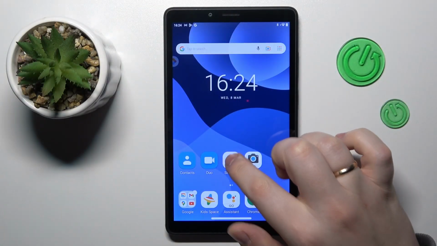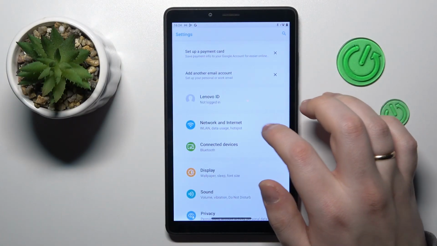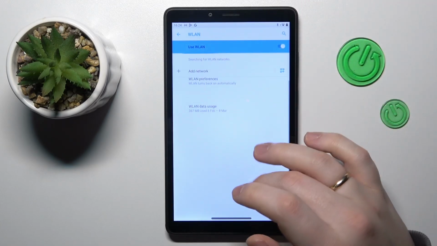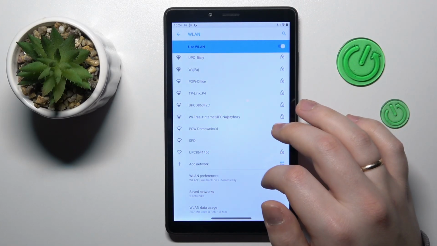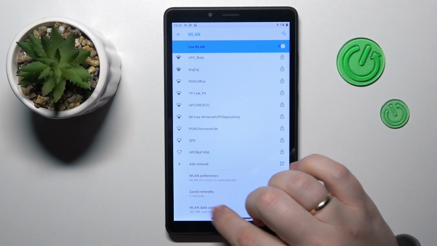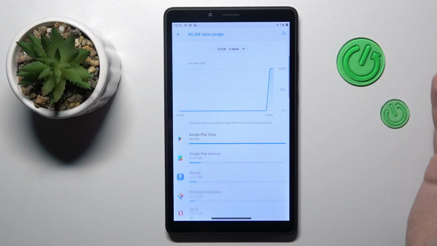So first of all, you will need to launch Settings, onwards enter the Network and Internet category, in here go for the VLAN, and scroll the page all the way down. And well, by doing so, you'll find the VLAN data usage section, so tap on it, and at the following